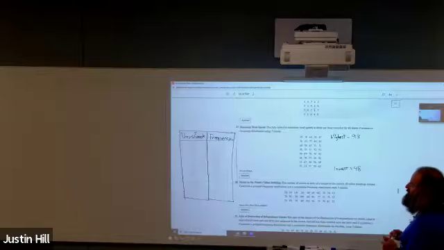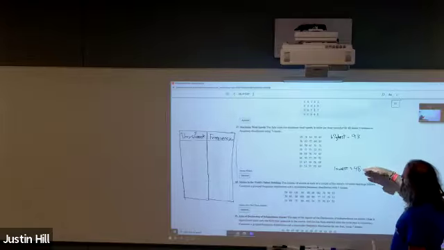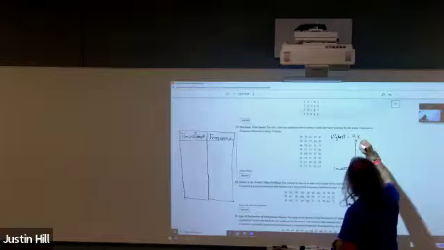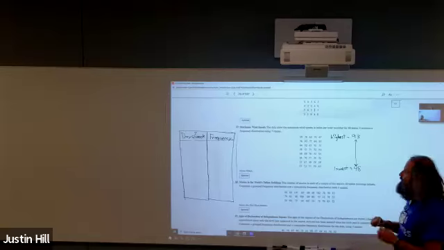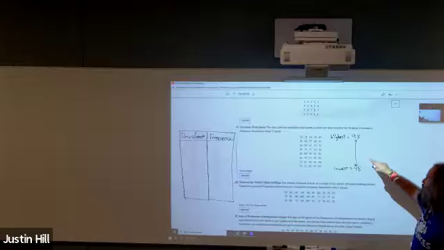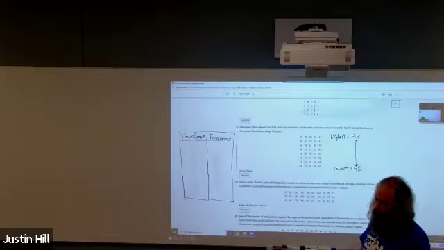So again, the idea is to construct my 7 classes. What I'm going to do is split the distance from 48 to 93 into 7 equal parts as best as I can. So first of all, how far is it between 93 and 48? How would you figure that out?